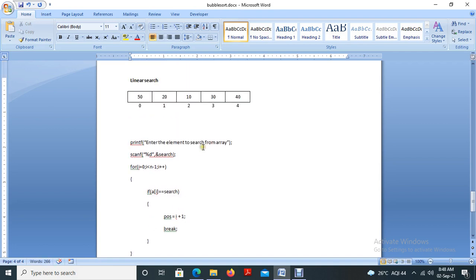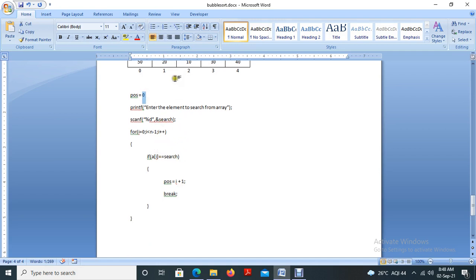In this case, if the element that we are going to search is not available in the list, then also we have to say that the element is not available. So how will we identify? For that I am using a technique named flag. I am initially assigning the value of POS as 0. We don't have a position 0, because our position starts from the first position, second position, third position, fourth position, fifth position. If the position value is 0, then we say that the element is not available.